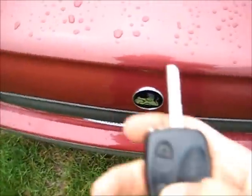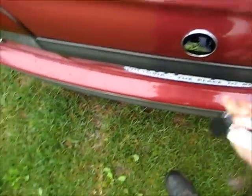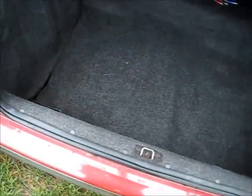The other side, open the boot. The struts are a bit tired and the gas is a bit weak, but she's at work, but you need to be very careful that it doesn't come down and slam on your head. That hurts. But there's the wiring. They've taped everything up so nothing shorts or